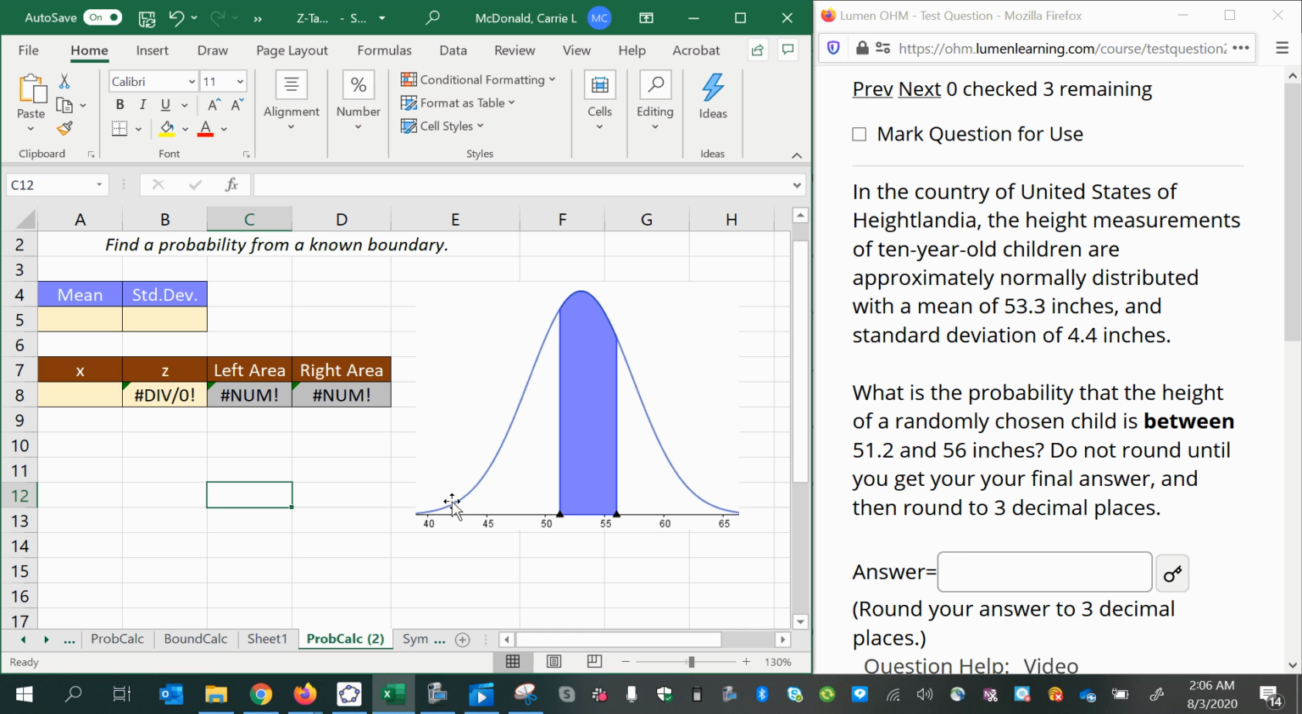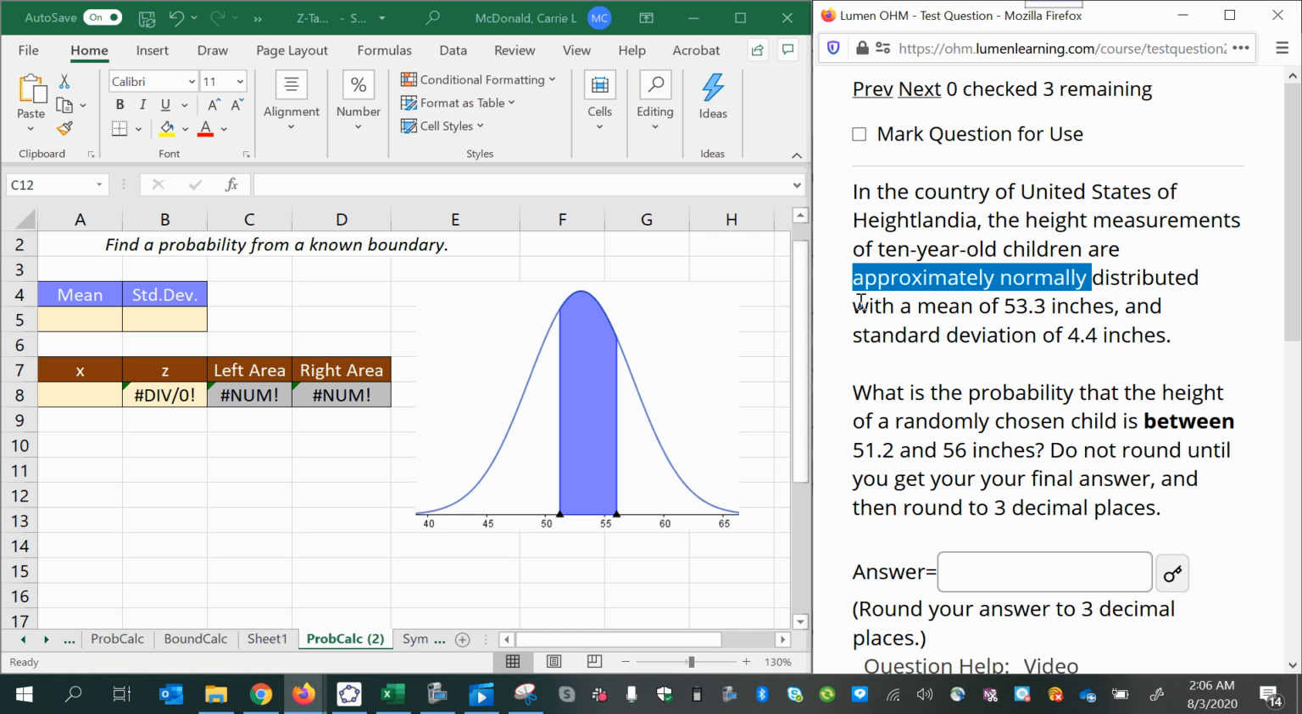The first thing, as always, is to sketch the bell curve whenever you read that the distribution is normal or even approximately normal. Make the bell curve, figure out where your mean is. 53.3 inches is in the center, and that means that with a standard deviation of 4.4, these two values fall about here and here around the mean. So we have a shaded region in between that represents the probability that a randomly chosen child will have a